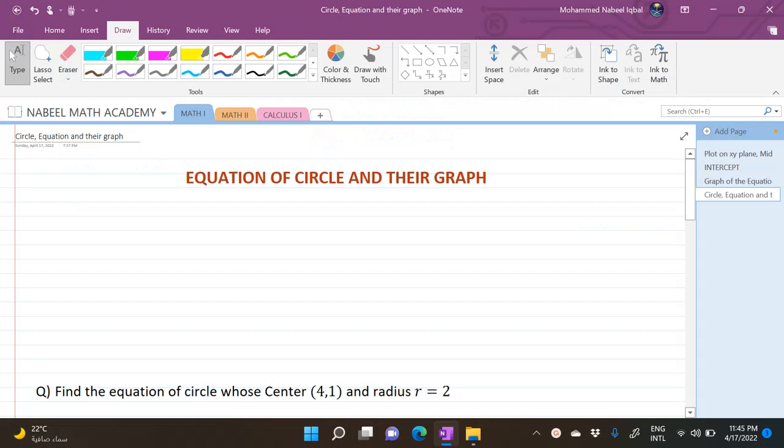In this video, we are going to discuss the equation of a circle and its graph. The standard form of the equation of a circle is given by